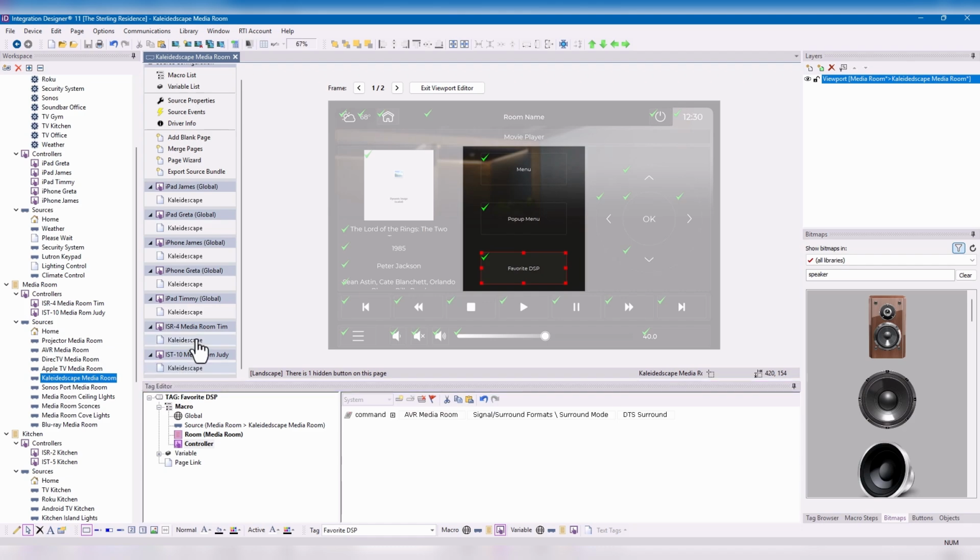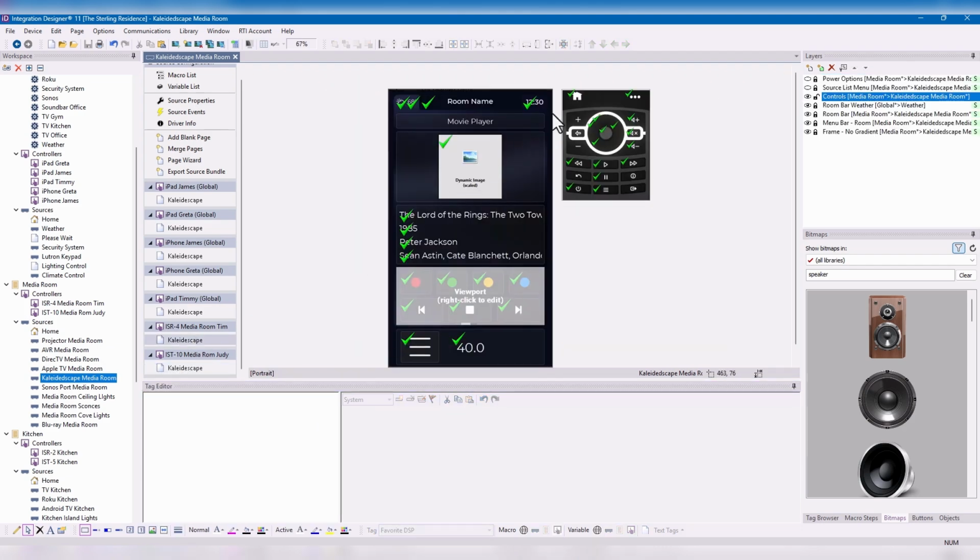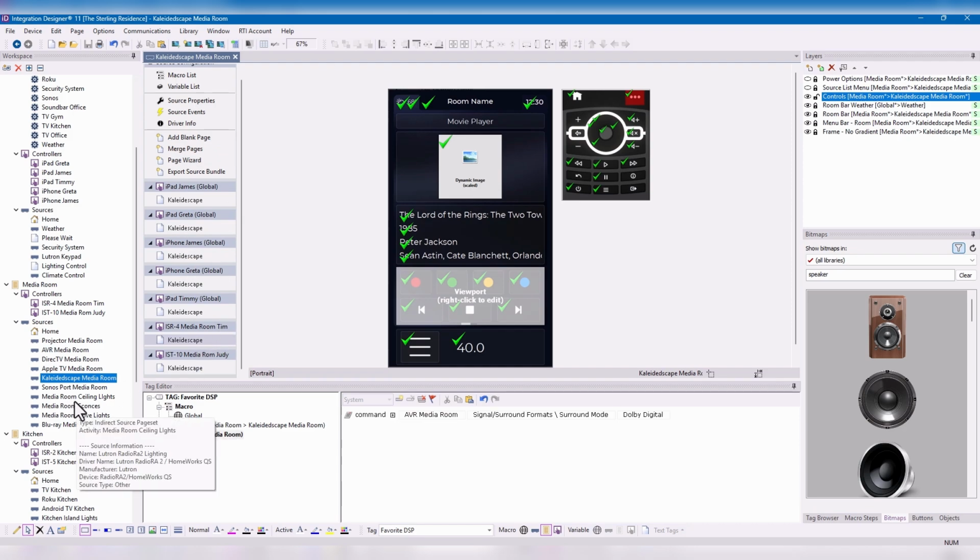What about Tim's remote? Let's go back to Tim's remote and let's click on this button. I don't even see a controller level macro. So when you create a control level macro on a controller, it's exclusive to that controller. That's the beauty of it. It takes the tag and only applies it to all the sources, like a room macro in a room, but only on that controller. So Tim and the rest of these remotes live happily ever after,